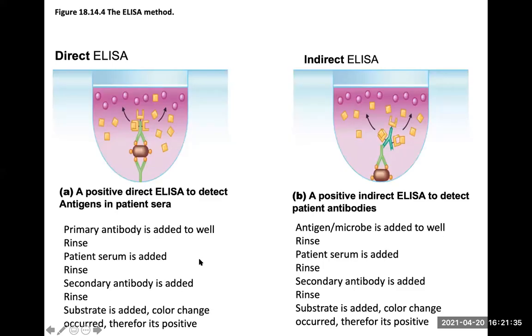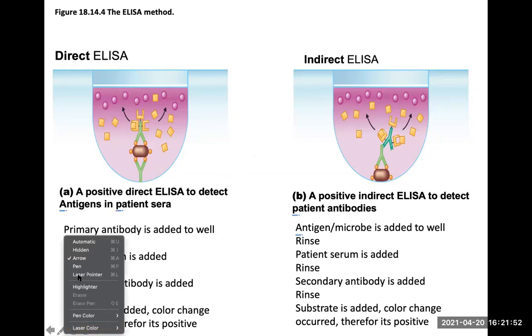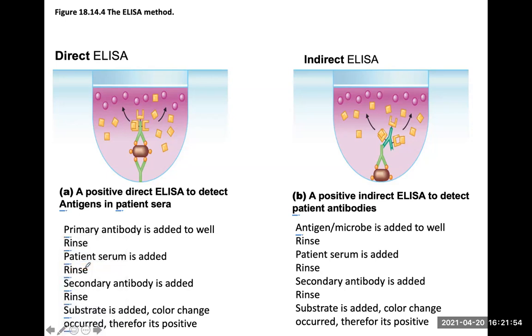So direct ELISA, the goal is to see if there's a pathogen in your patient's serum. The very first thing you have to do is add this primary antibody. So you're going to start with an empty well, and you're going to coat it with antibodies. So let's try to draw that. So you would start with an empty well. Okay, so there's my well, and you're going to coat the whole